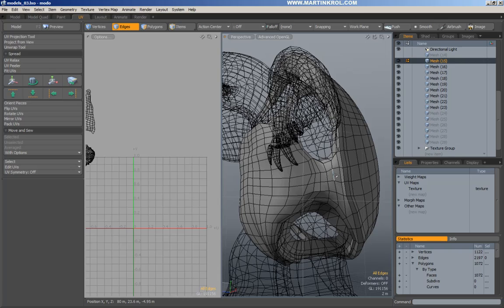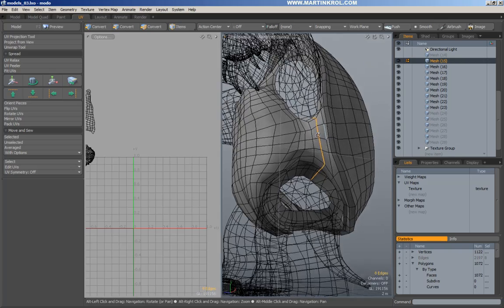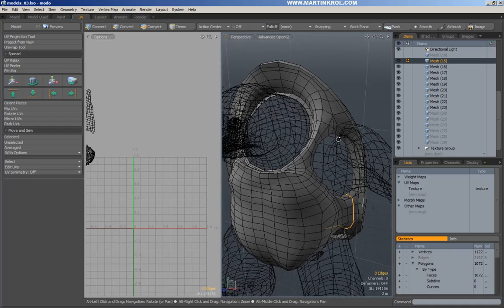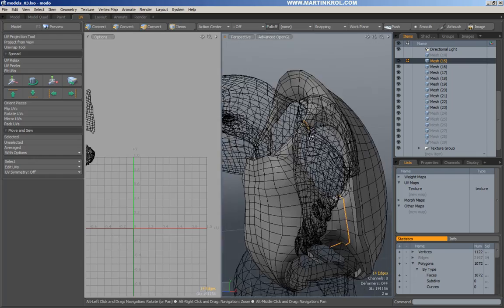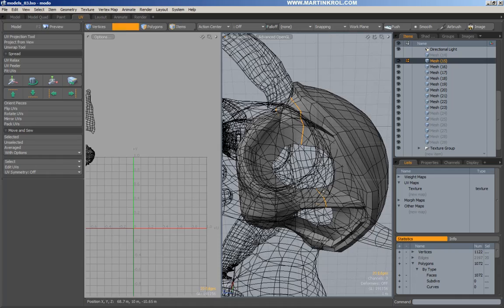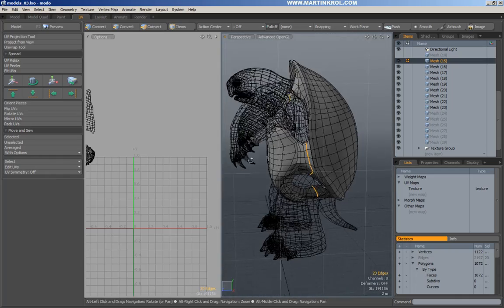This part of the object is a piece of cake. I'm literally just going to cut right along the side here. You might want to cut a little bit further down, but I think this will do. Just going to make a few cuts all the way across this object. And then what I'm going to do is, once the cuts are made,